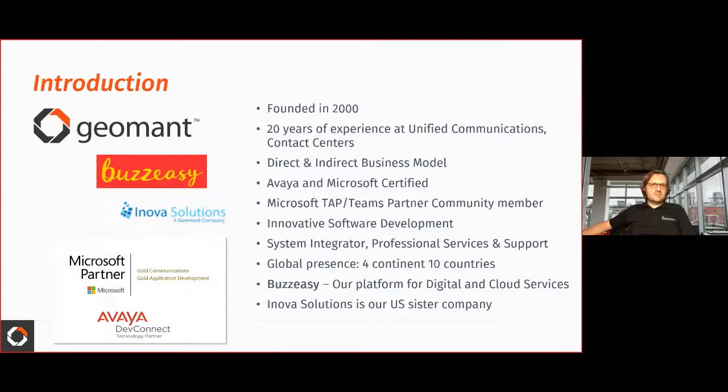A few sentences about Geomont. Geomont was founded in 2000, so we are probably 20 years old. Unfortunately, COVID is not really helping us to celebrate this properly, but we are trying to. A few things to highlight: we are a Gold Microsoft partner, multi-gold actually, and we are proud that we were part of the technology adoption program right from the beginning, and we are very close to the Microsoft ecosystem.